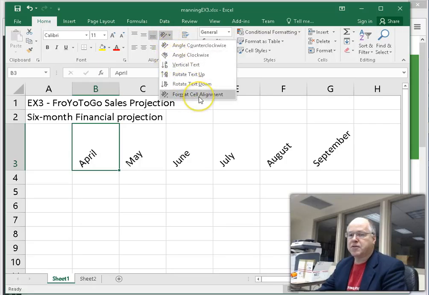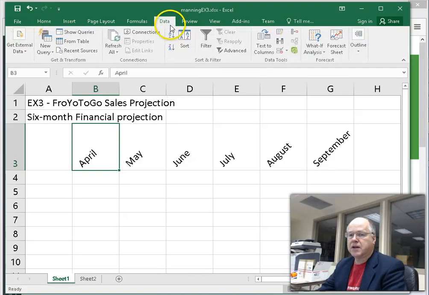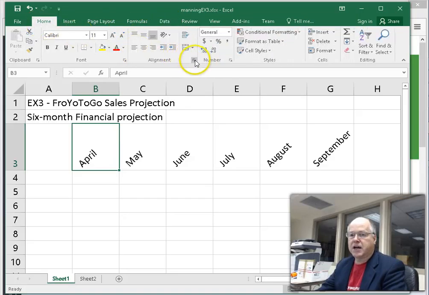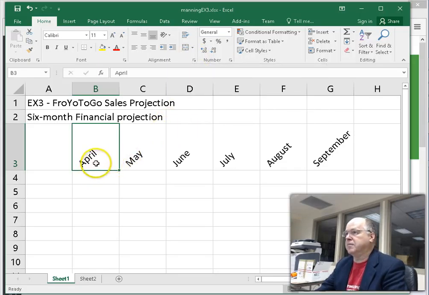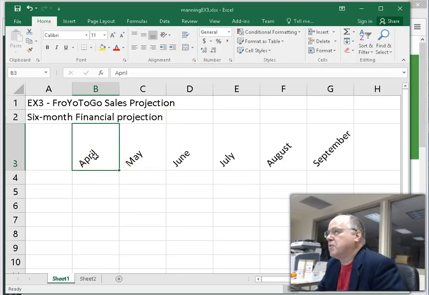But if you had a specific angle, remember that dialog is your friend. Back to the Home tab. This dialog right here takes you to that. And when we do the fill handle, the reason we rotate it first before fill handling over is